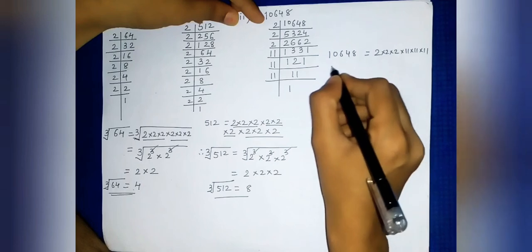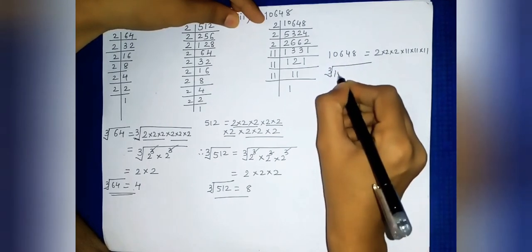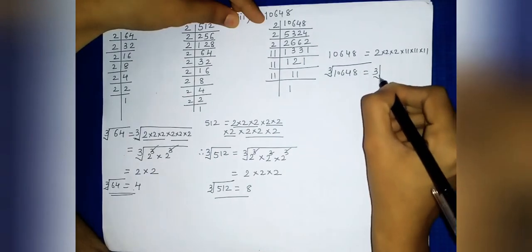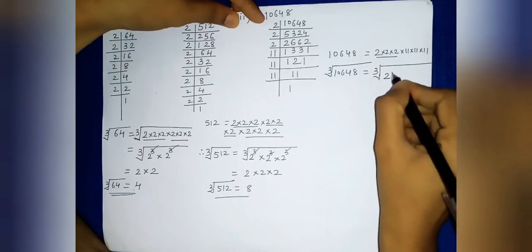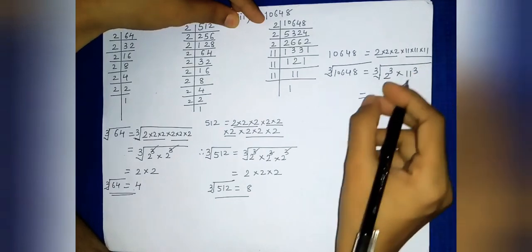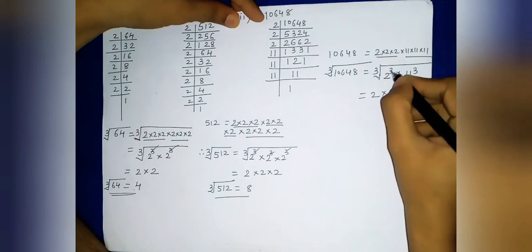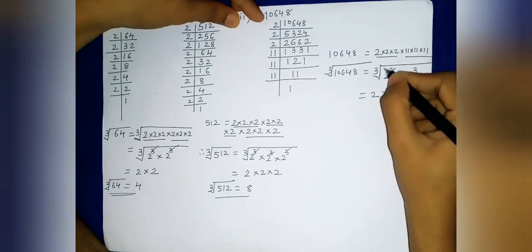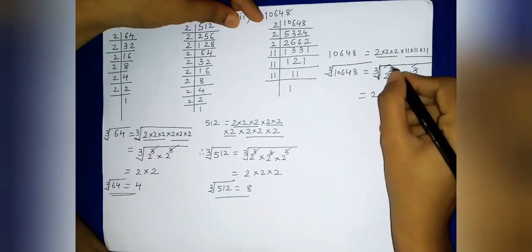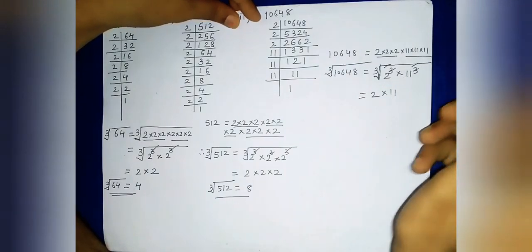Now we are finding the cube root. So cube root of 10648. So this side, cube root of this, 2 is three times. Okay, and then this 11 is three times. Now when you take it outside of this root, only 2 we will write and here only 11 we will write, because this cube is cancelled with this root. Okay, because the value of the root is 1 upon 3. So when this comes outside the root, the cube will be removed. So 2 and 11 are left out.